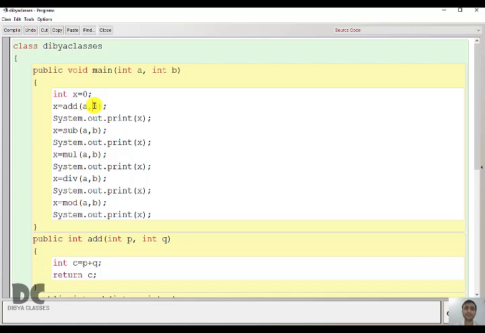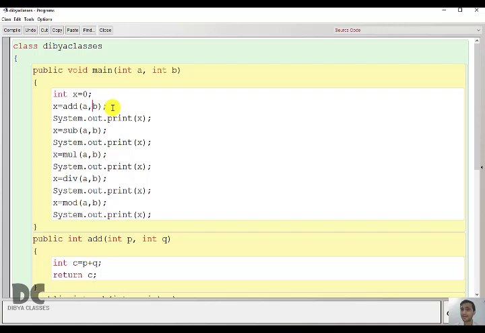So you will not go to anyone's house directly. For example, there is a birthday party and the friend didn't call you. Will you go directly into his house? No, you will go into his house only when he calls you, invites you for his birthday. Similarly here also, only if you call, like here the main function is calling add, then only can you go to add. It will not go to add if the main function is not going to call.